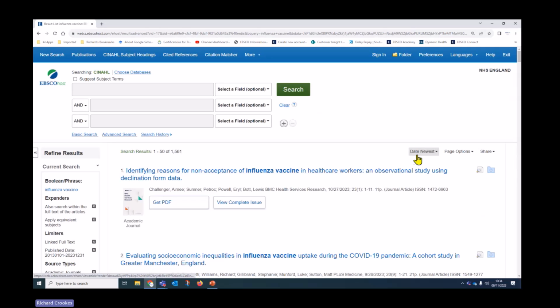The default search results are displayed with the most recent first, date newest. This is in keeping with healthcare research. You want to see the latest research on a given topic, condition, or disease. But in this case, I'm going to focus on relevancy. So if I click the link here, or this button, and go to relevance,